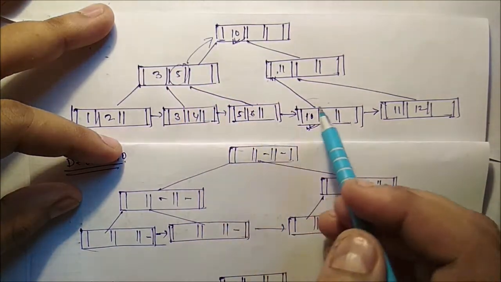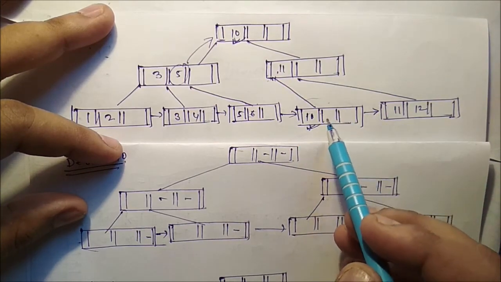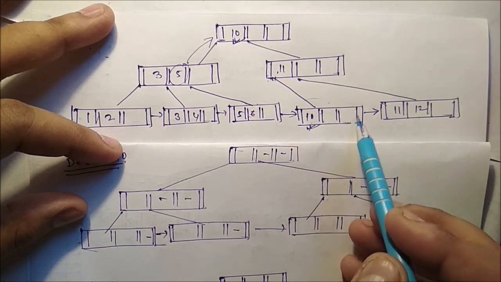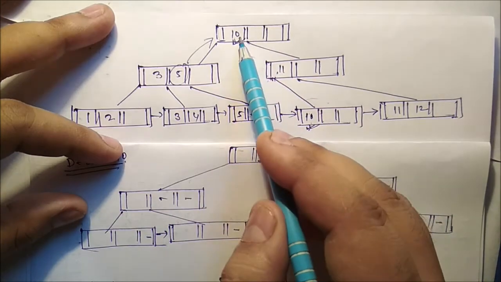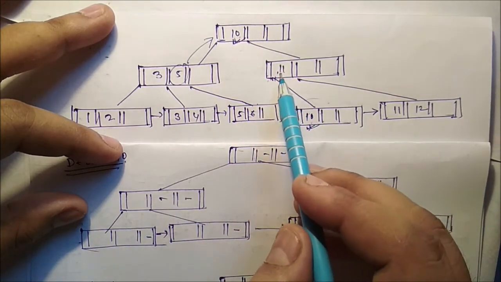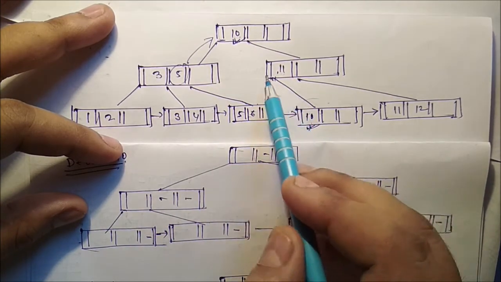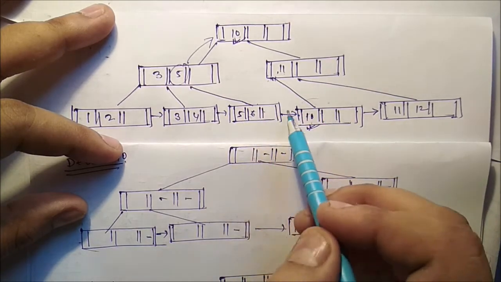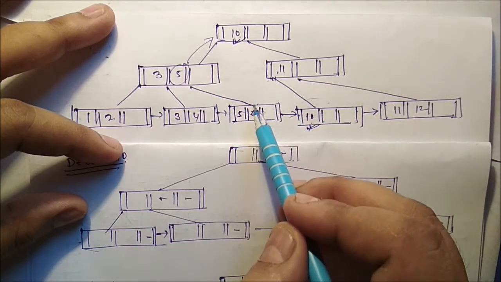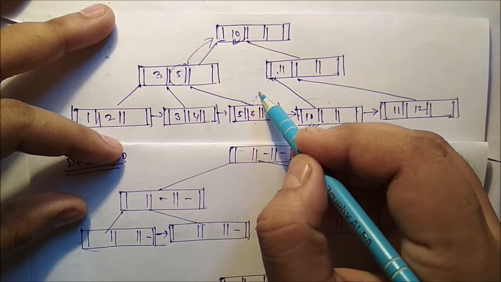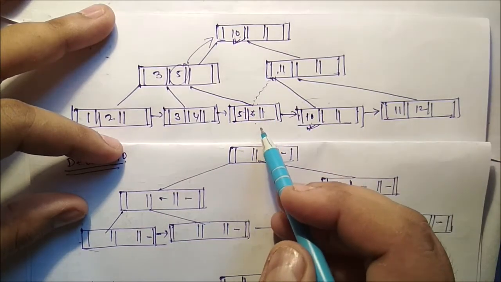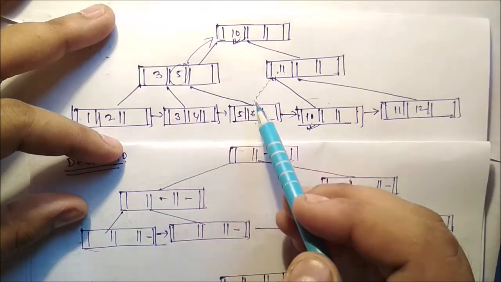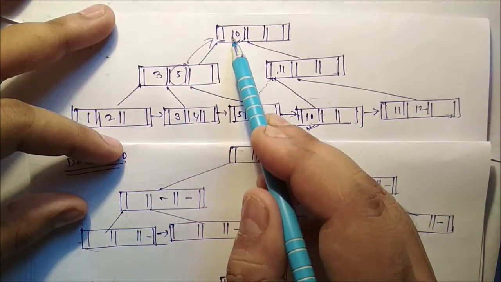Because here what we are doing, we want to delete 10, so we have to remove this particular node as well as this particular information. But here 11 is there, and here there must be one more pointer. So the left node, this is the left node, we have to merge the left node here. We have to connect with this particular node. And here we have to move 5 in the upward direction.